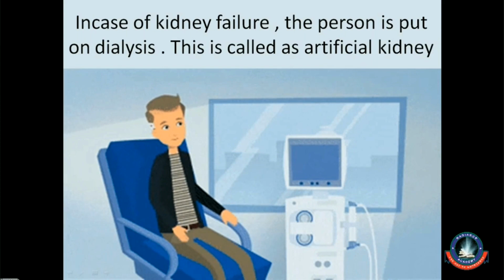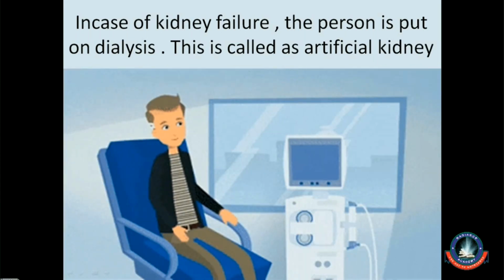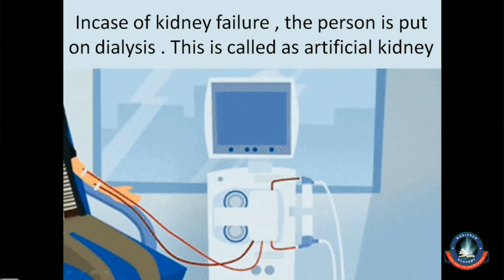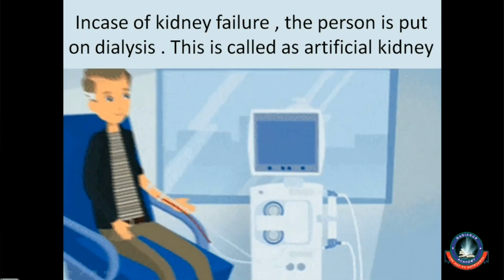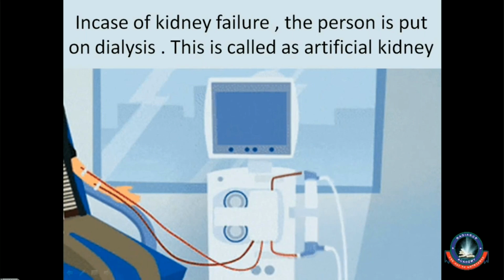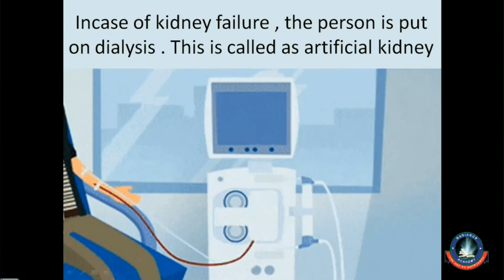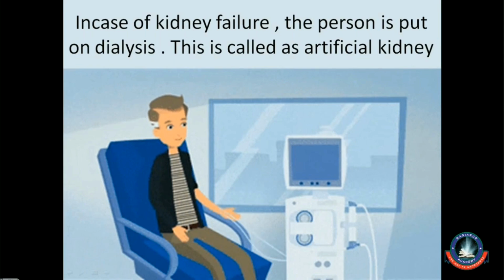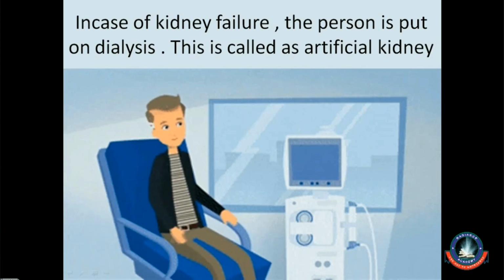In case of kidney failure, the person is put on dialysis. This works as a kidney which is actually outside the body. The function is the same. It removes toxic substances from your body and does not allow a lot of wastage of water, as well as the other important substances which are essential for your body. The patient's blood is led from the radial artery, which is in his arm, through the machine where the urea and excess salts are removed, and the blood which has been purified inside the machine is returned back to the vein in the same arm, as you see in the picture also.